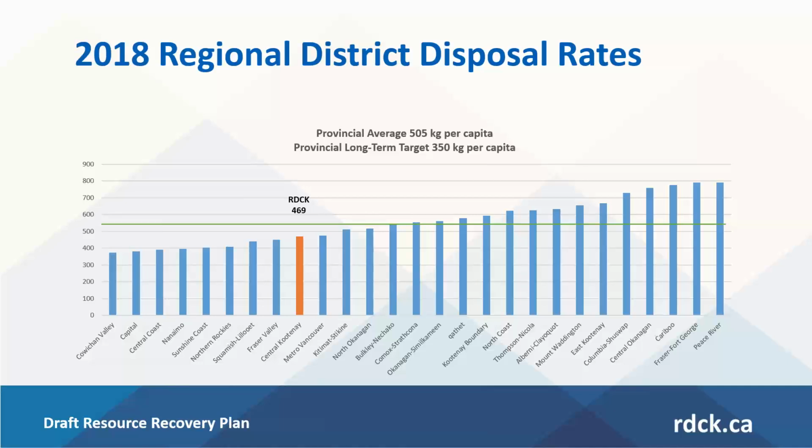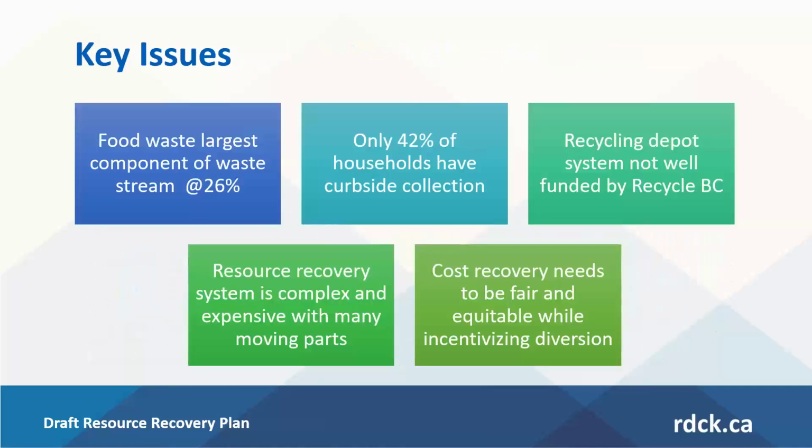And those regional districts that are doing better than the RDCK are addressing organics diversion. So what are the key issues in this plan update? First of all, as I said earlier, food waste is the largest component of the waste stream at 26%. Only 42% of households have curbside collection. The recycling depot system is not well funded by Recycle BC. Resource recovery system is complex and expensive with many moving parts, and cost recovery needs to be fair and equitable